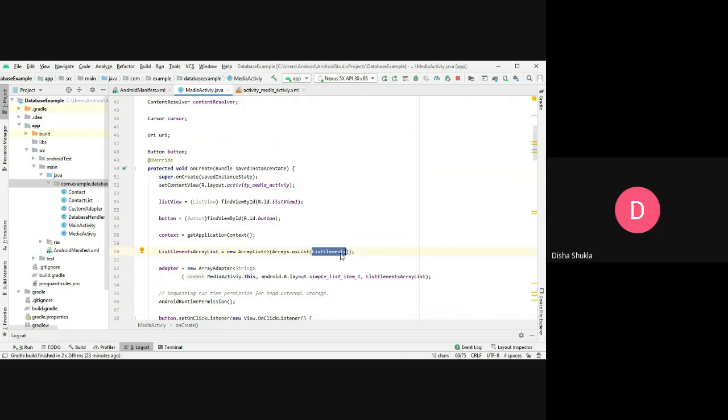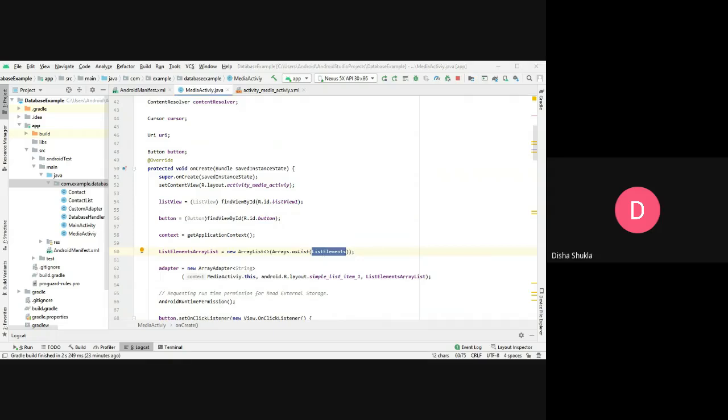This is the method for it, that is Arrays.asList, and I am passing the name of the object of my array over here. What does this method do? It will convert my array into an array list. Why am I doing this? Because I want to pass my array inside the adapter. I don't directly want to use the array, I want to use the array list.